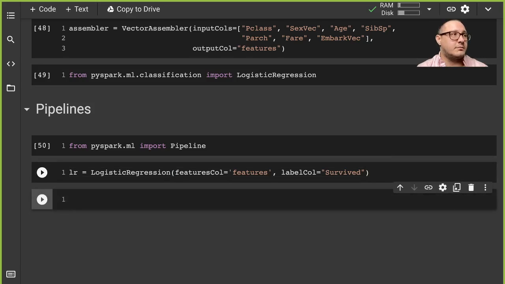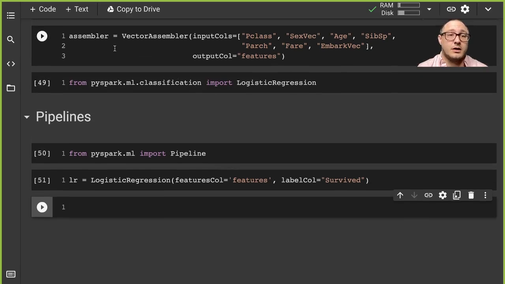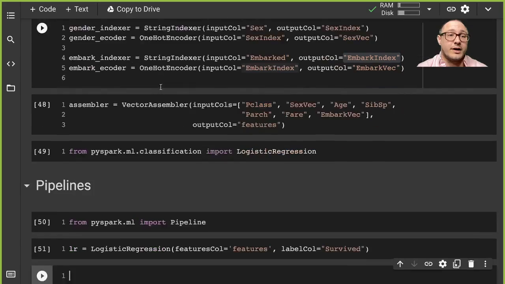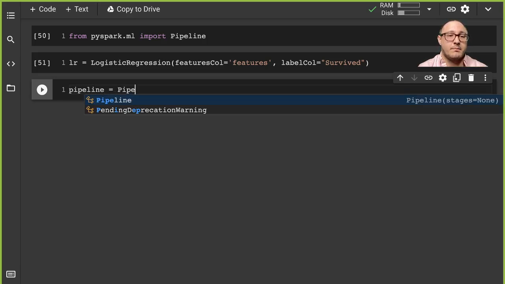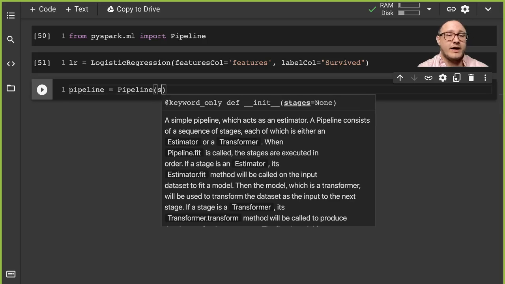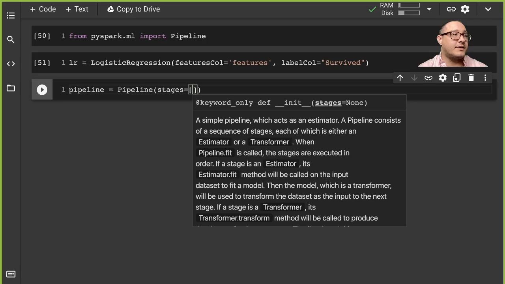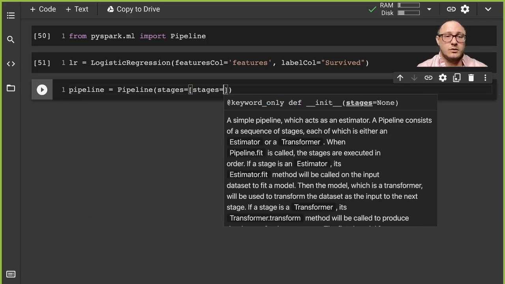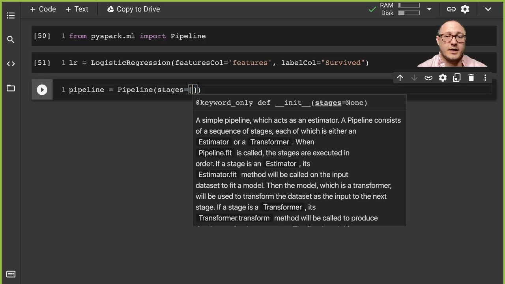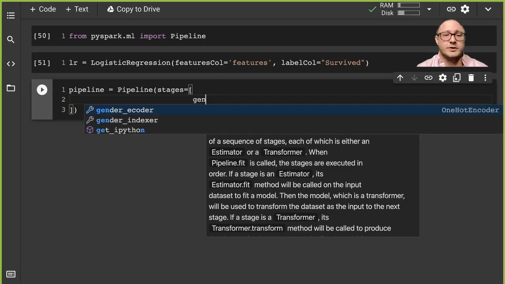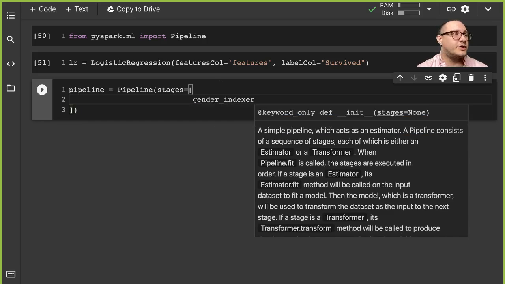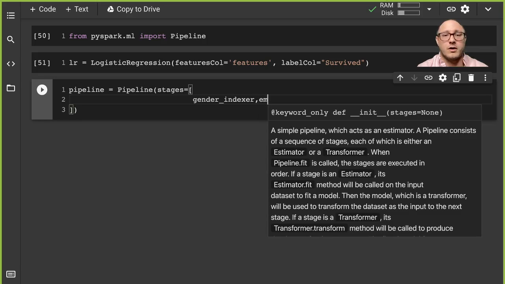Okay, so we instantiate the model. Now we need to create the pipeline to utilize all of our vector assemblers and our indexers and our encoders. So now we create our pipeline here, and here we have our stages of our pipeline. This is going to take a list. Okay, so we just put in our gender indexer, our embarked